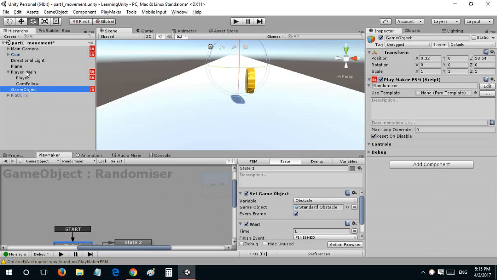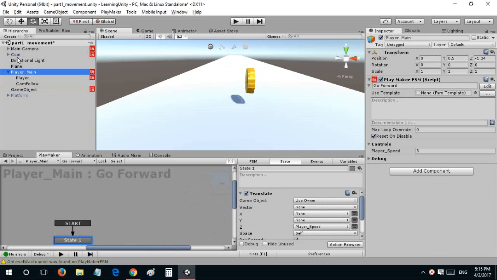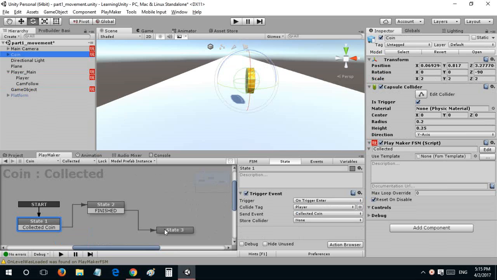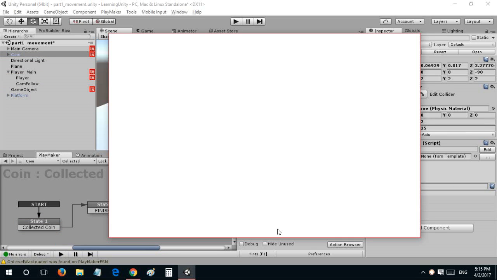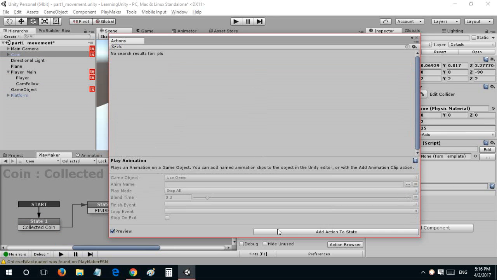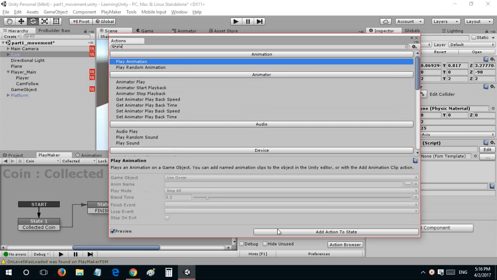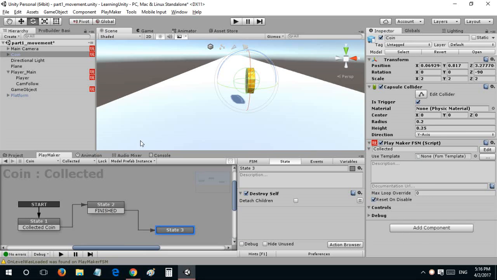So you can go to player main, to the coin, and here you can say play sound, and that's going to play a sound, but you need to specify that the sound would be near the camera so that we could hear it while playing the game. So that's a way of doing it. So we are finished with coin,